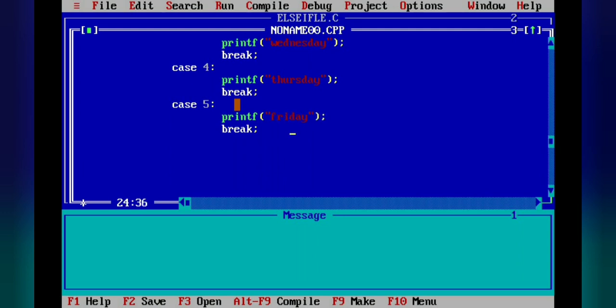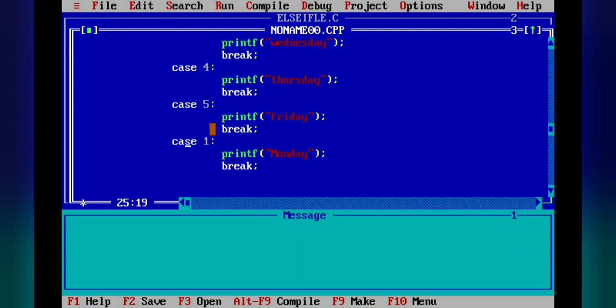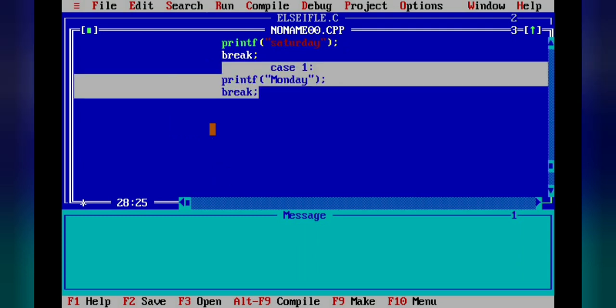Now next we will write the sixth block. Shift and insert. This is case 6, and here Saturday. And the last one is case 7. So here we will change to case 7 and printf Sunday.